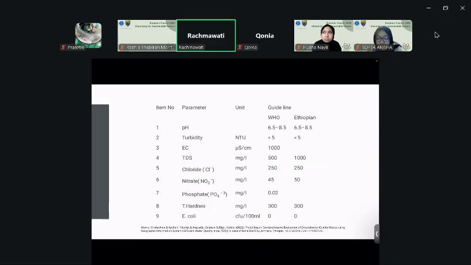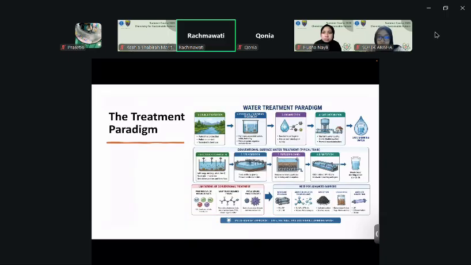So they have this standard for when we want to consider our drinking water healthy. Now, in treating the water, there is this paradigm that we have to consider. The first is that we have to protect the source. And then when we consider the physical or chemical treatment and also disinfection, it should also consider